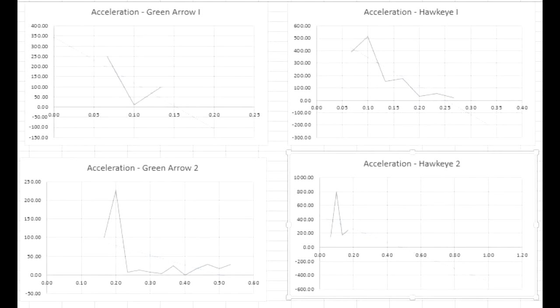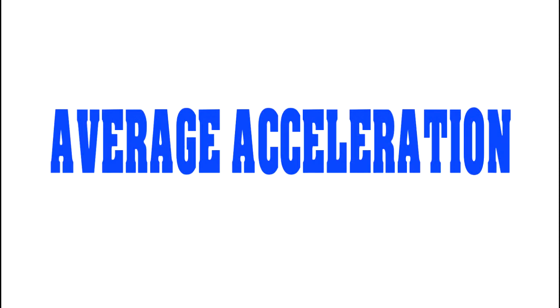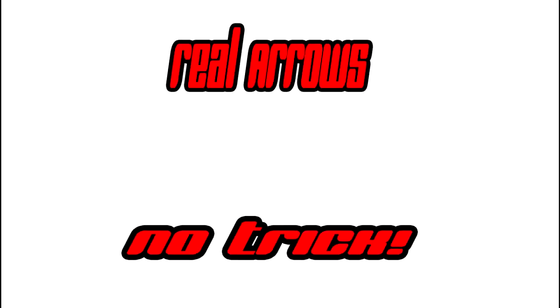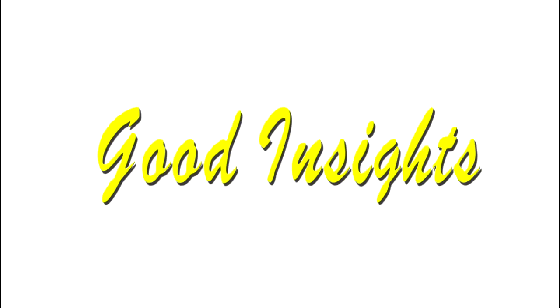Now, what is the relevance of analyzing the graphs, saying if they follow the laws of physics or not, if our goal is to find only the mean acceleration per clip? Well, at least by knowing that they are compliant with the basic principles, we can say that the foundations of our future calculations are precise and accurate. Also, we would be sure that the arrows shot have their own shades of reality and not just mere camera tricks. Lastly, it will also give us some insights on how in-depth our analysis is.